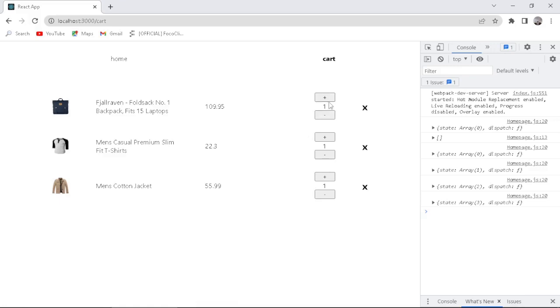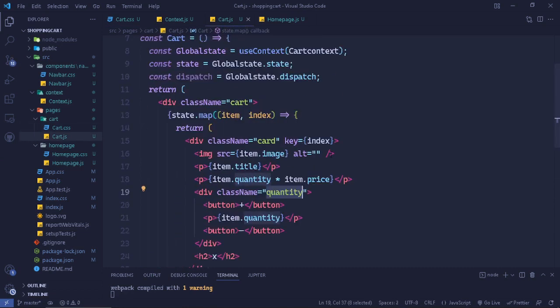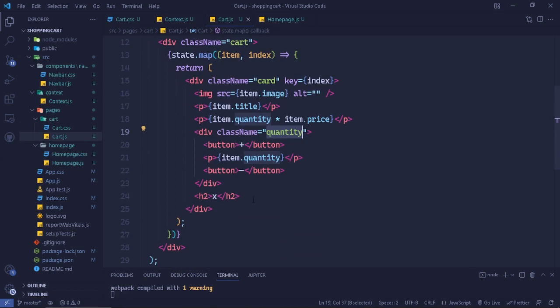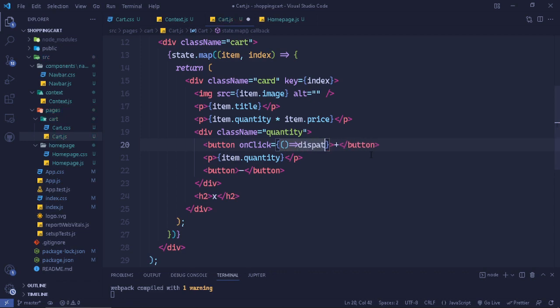So the other thing is now to implement the functionality of this button so that we are able to increase the quantity and reduce it. And we shall do that at the shopping cart section, which is this page here. So when we click on the addition section, let's create a click event here. I'll have my anonymous function. This is going to call the dispatch method,